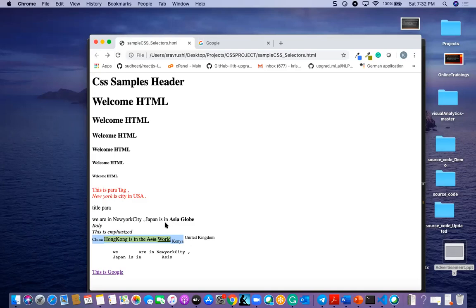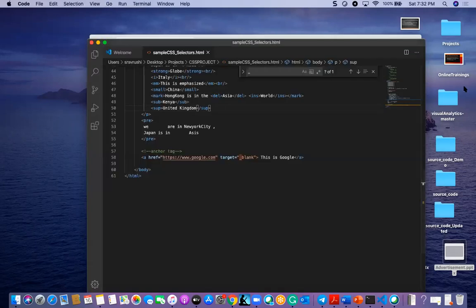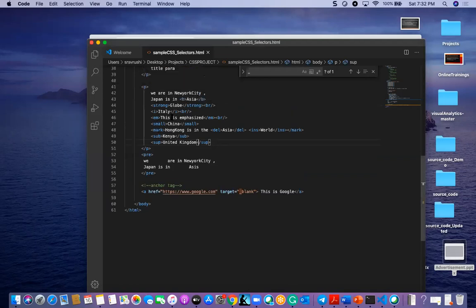This kind of text is called a superscripted element. So these are the different element tags we have for defining text: bold, strong, italic, emphasized, small, mark, delete, insert, subscripted, superscripted.